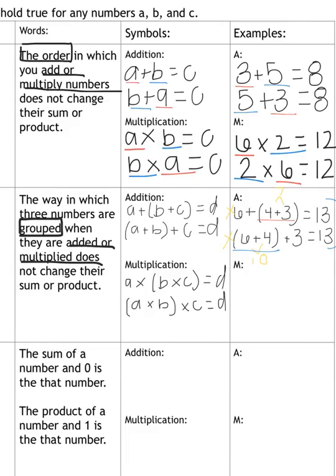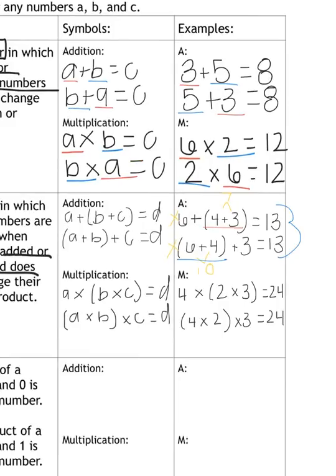Once again, the multiplication symbols look fairly similar to the addition, but we are just noticing again that no matter the grouping of the numbers, you still get the same product or sum. So let's take a look at it with real numbers. If we take a look at this first example again,